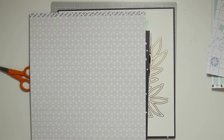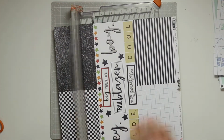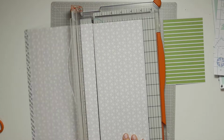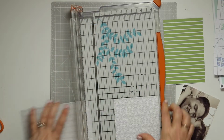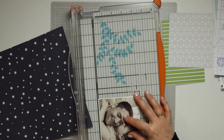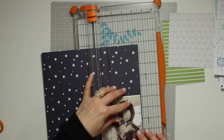So I've gone through the collection kit. This is the Uniquely Creative True North kit, and I have pulled out a few different pattern papers that I'm going to use to add just a few layers behind my photo. I thought I was going to use one of those cut apart sheets, but I decided to use the green stripe, which was on the A side, or the B side, on the other side. There's also this circle, almost like a pie chart pattern, and of course I'm going to use this navy star